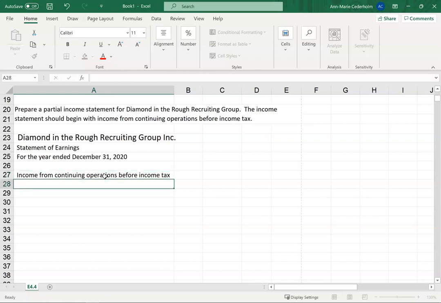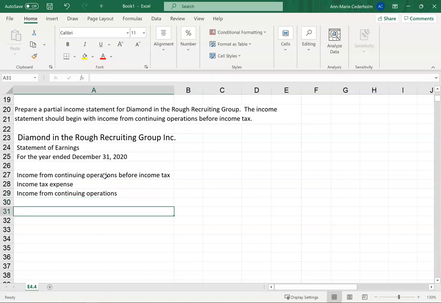So you would have your income before income tax, or your income from continuing operations before income tax. Then you'll subtract your income tax expense, and then you'll end up with your income from continuing operations. So that's where we would leave off on a regular income statement. Now, if the company qualifies to disclose their discontinued operations separately, then this is how we would do it on the income statement. We would have our discontinued operations,